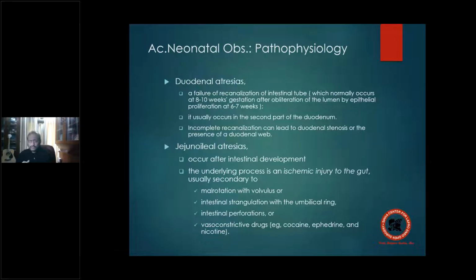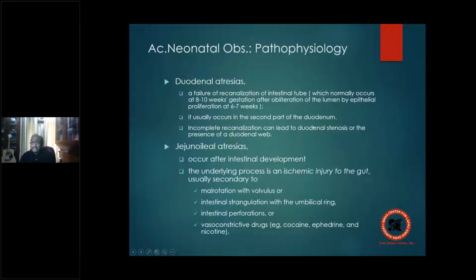Right? Usually occurs in the second part of the duodenum, that is the distal second part of the duodenum, the lower second part. Why are we specifying distal? Because it is distal to the ampulla of Vater, that is the most common type. That is very important. You have to remember that the position of the ampulla in relation to the atresia is very, very important. Whether it's lying distal to the atresia, or proximal to the atresia. Most commonly, the ampulla of Vater is lying in the distended part, that means proximal to the atresia.